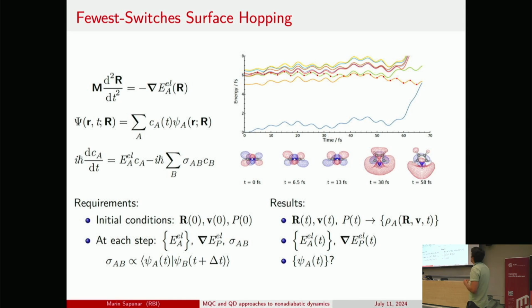And then we propagate, so at each step we need the gradients of the electronic states, the gradient of the currently active state, and we need these couplings, which can be calculated using nonadiabatic coupling vectors, or usually it's more stable not to use the coupling vectors, but to use the overlaps of the wave functions between two steps. So this is what we need, and what we in the end get are, first, individual trajectories,